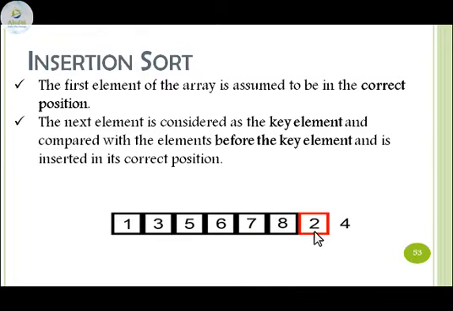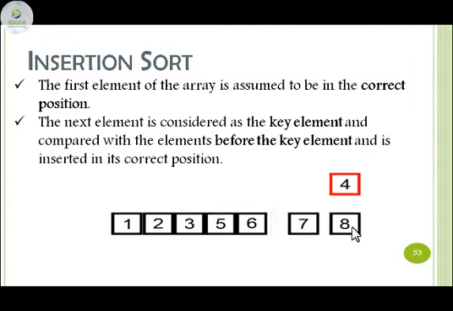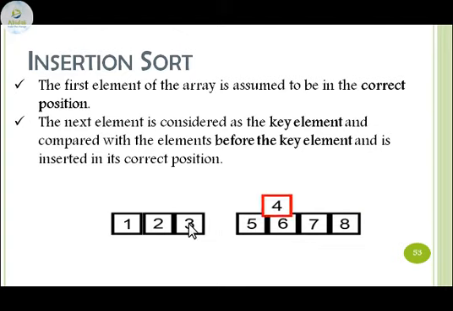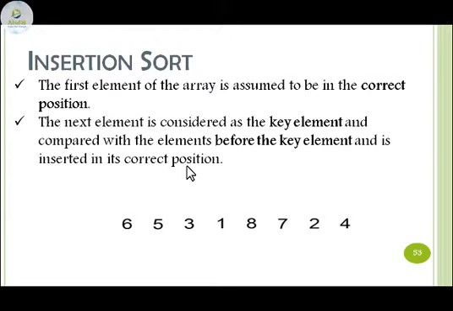From the unsorted part, the next element 2 will be taken and compared with the values in the sorted part, 8, 7, 6, 5, and when it is compared with 2, it goes to its position by index. Then 4 will be taken from the unsorted part and compared with the sorted elements. Each element will be compared, its proper position will be found, and it will be inserted into the correct position. So this is the working of the insertion sort, just like when you are playing cards.